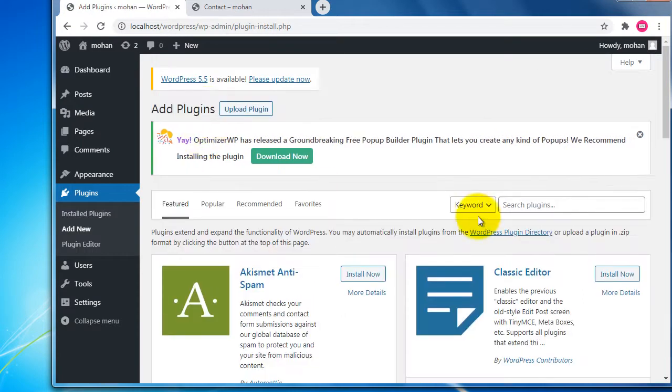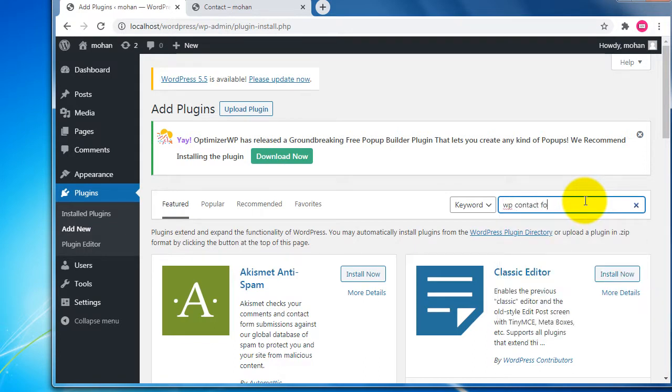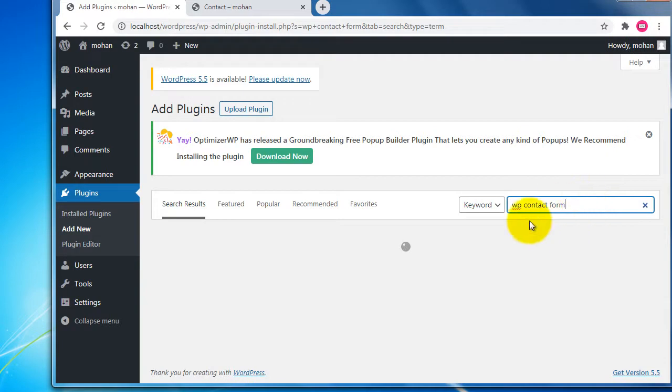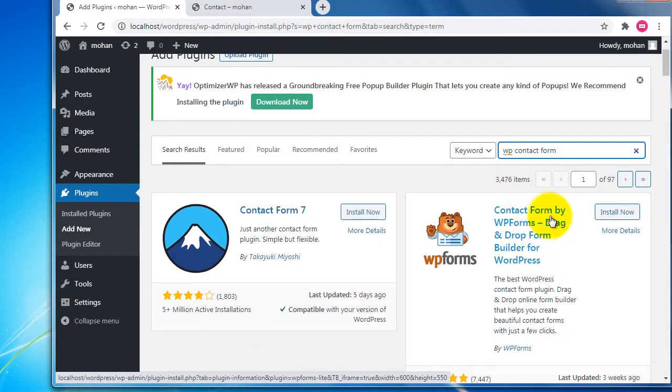First we will search for that plugin, WP Contact Form. Hit on that one, and you will see the search result. There we can pick the form we want to use. WP Contact Form is there, it is very easy to use, and Contact Form 7 is also there. So we will use these forms. Just install this one and it will be installed into our WordPress. After installation we need to activate that plugin, then we can create some forms for our website.